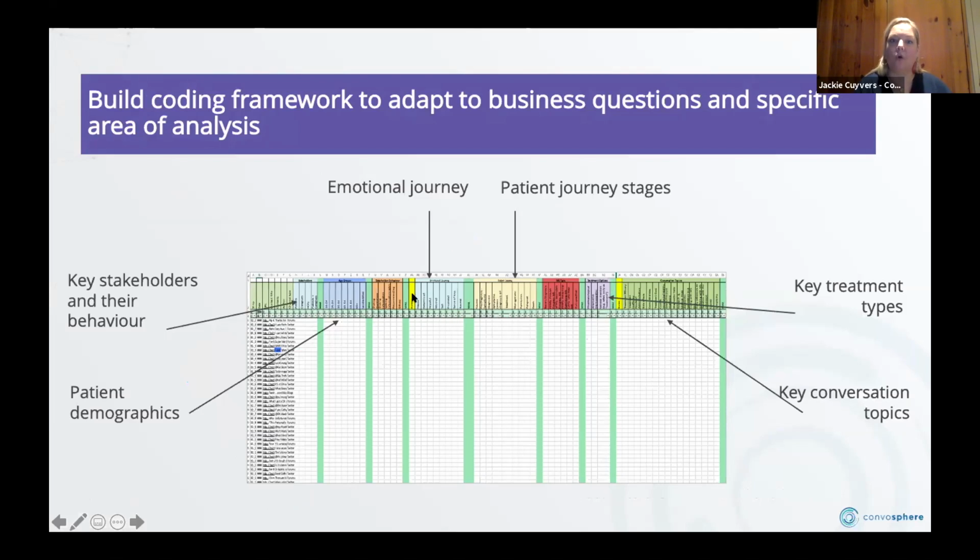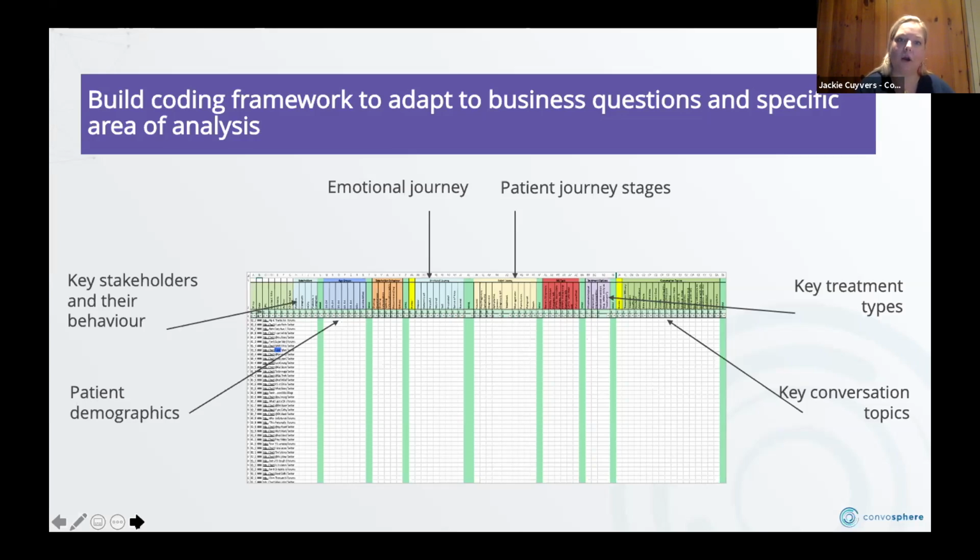So these are questions we're answering based on our business question. When we read the post in the line here, we can click on the URL, which shows us the forum post in context of the post before it and the post after. We can then begin to code things like where this discussion is happening in their journey stage, what type of treatment it mentions, and what the demographics are of the patient who's doing the talking,